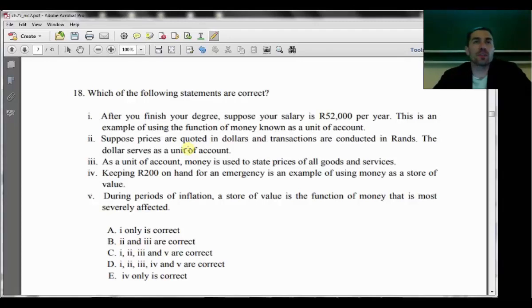During inflation, we still use money as the unit of account. We still use it as a medium of exchange, and it functions pretty well in both of those things. It doesn't function very well as a store of value, though, right? Because the real value of stuff that my money will buy me today is often drastically more than what it will buy me in the near future if we have very high inflation. So as a store of value, it doesn't work very well.